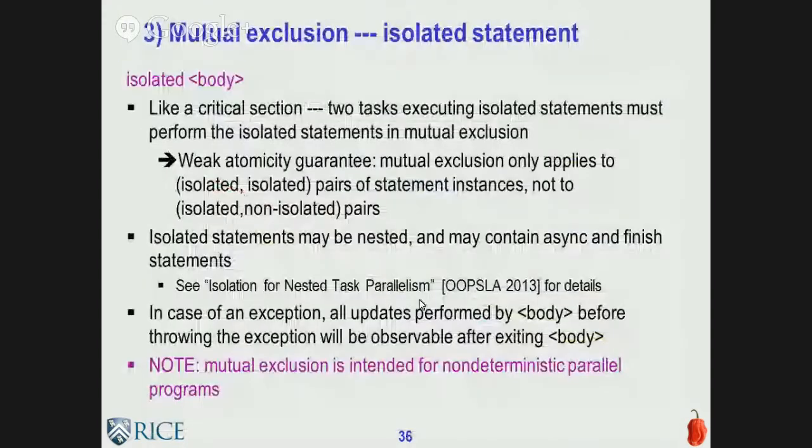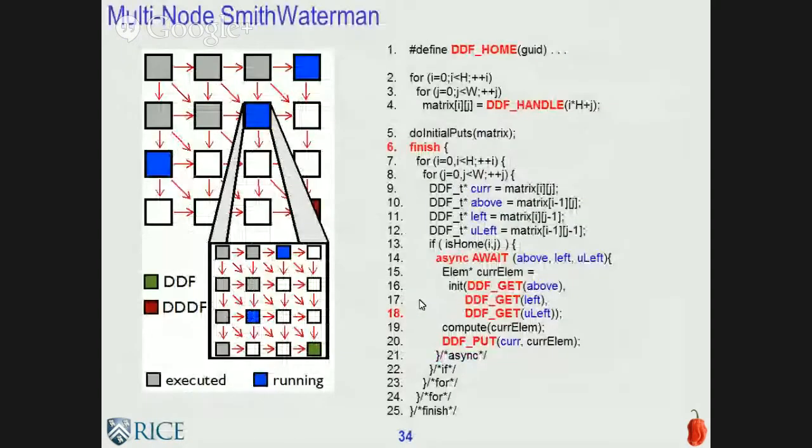It turns out that the whole async await idea can also be directly executed in the distributed context. And in this sense, it's a little in the spirit of Charm++, in the sense that these data-driven futures can be just distributed across places and nodes. And for put-get, the runtime takes care of communication. If the producer and consumer are on the same node, it's more efficient. If they're on different nodes, the